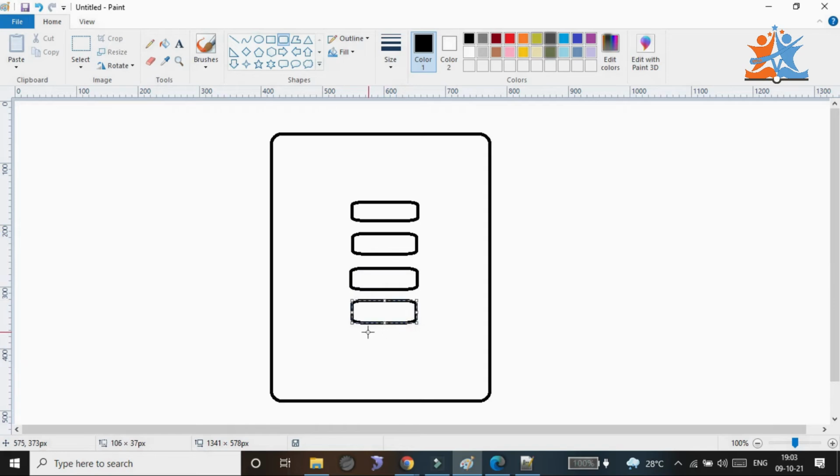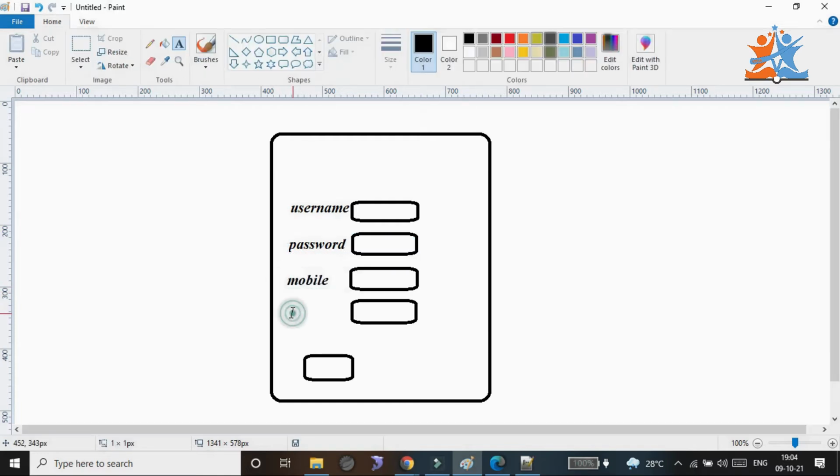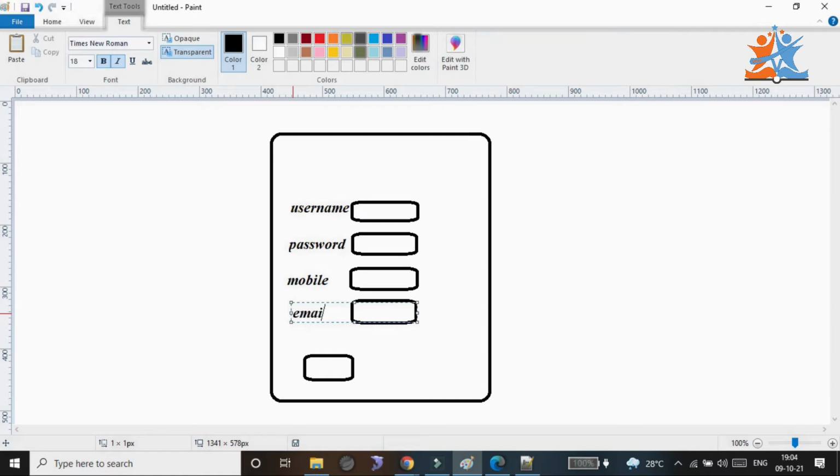Here I am taking the username, and here I am taking the password. Here I am taking the mobile number, and here I am taking the email. Then finally I will hit submit.